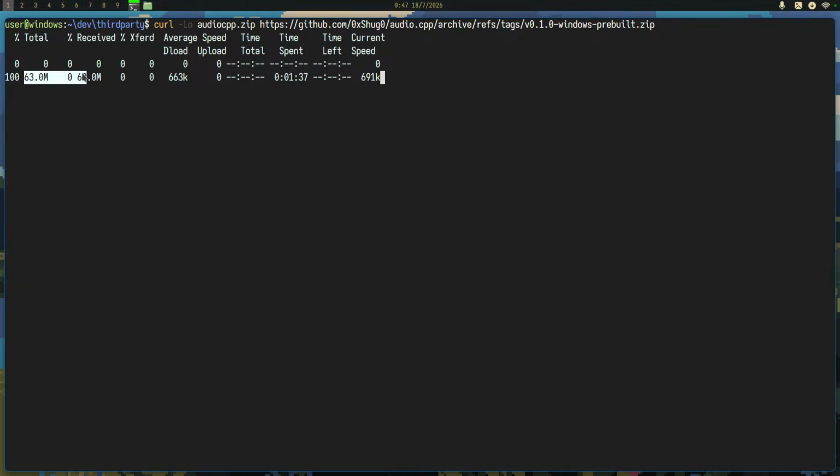I hate when repositories do this. I can almost tell that they accidentally pushed some large file. I'm going to give them the benefit of the doubt because sometimes I do this myself.